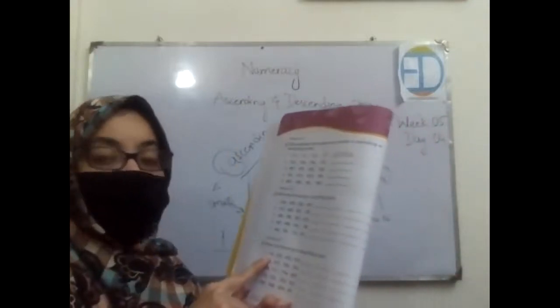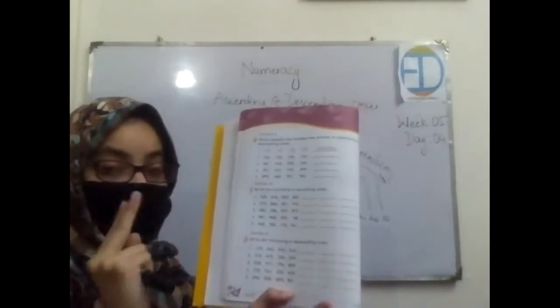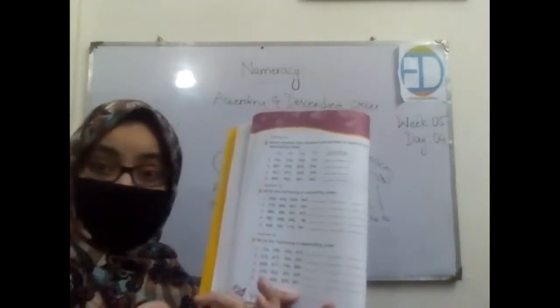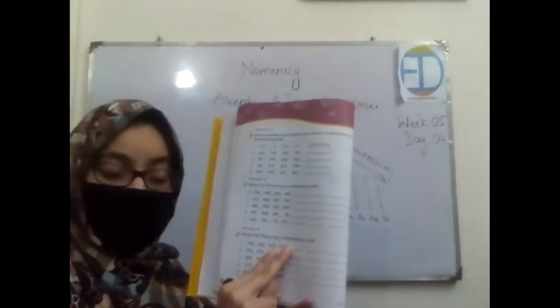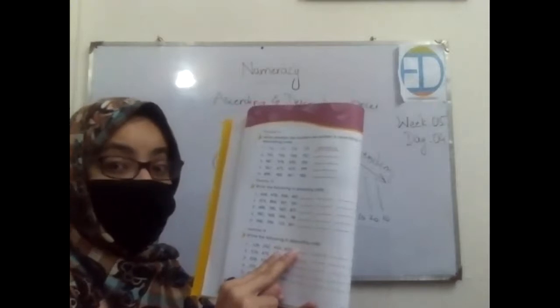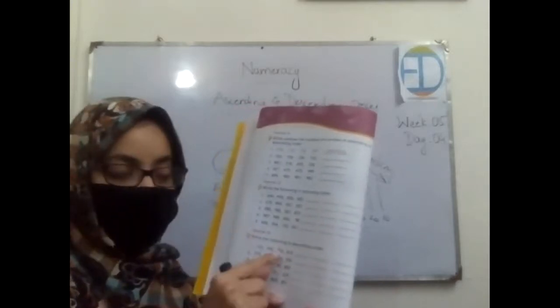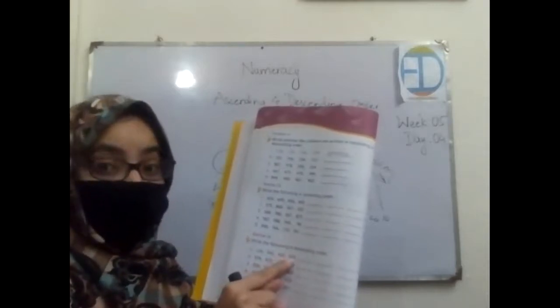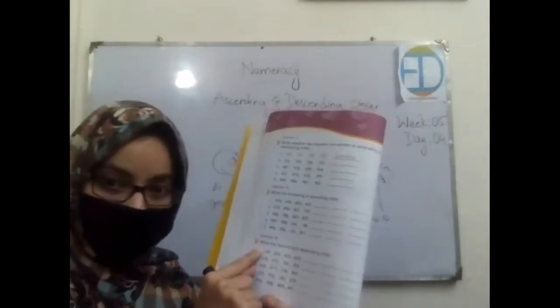Look at the very first question. The numbers are 124, 242, 432, and 423. Now from this I get an idea that the first digits of the first two numbers are such that I can write them separately. Now look only for the two numbers which have the same first digits. Which one is greatest in that? 432. So first 432, then 423, then 242, and then 124. Excellent. Write them down.